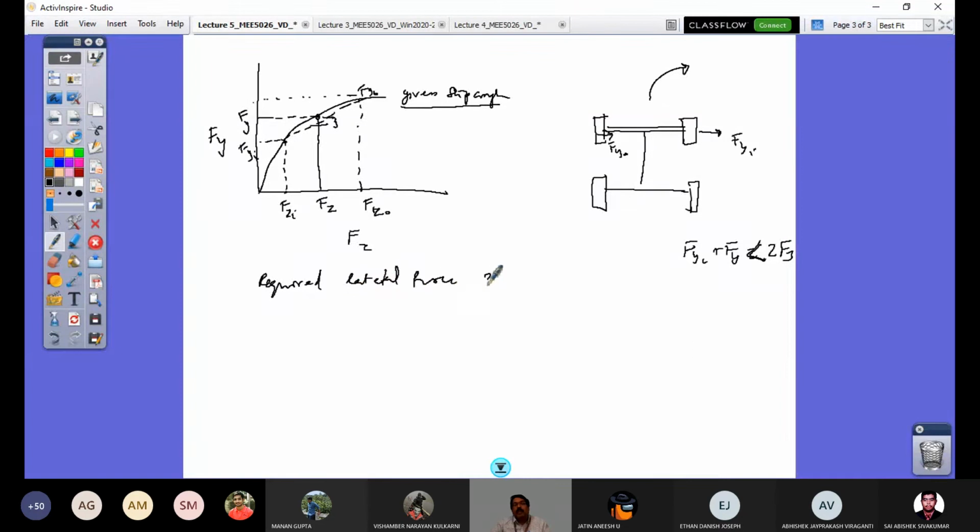Required lateral force is 2Fy, but which is less than Fyi plus Fy naught because the variation is nonlinear. So in such a situation, your tire is intelligent and it would try to increase its slip angle so that it will be trying to match the required Fy. That's why it is just for a chosen slip angle. But when you start driving, when you start steering into a corner, what would happen? Your Fy is generated because of the increase in slip angle. So it's not one slip angle, it keeps increasing the slip angle, and that's what you see.